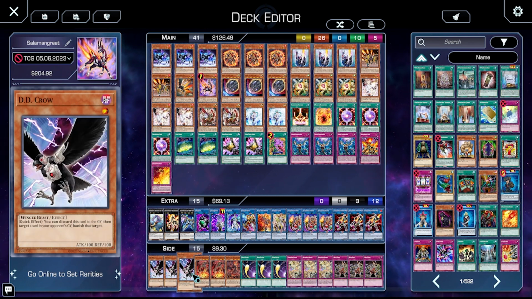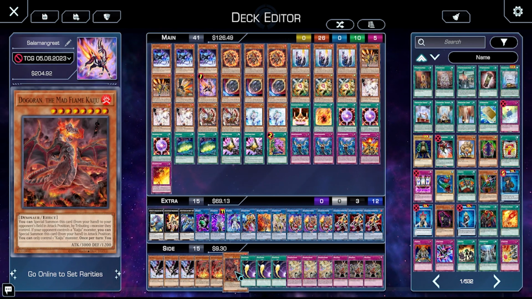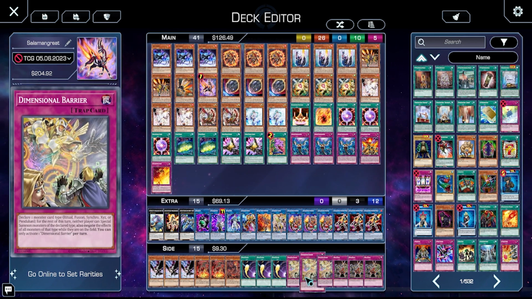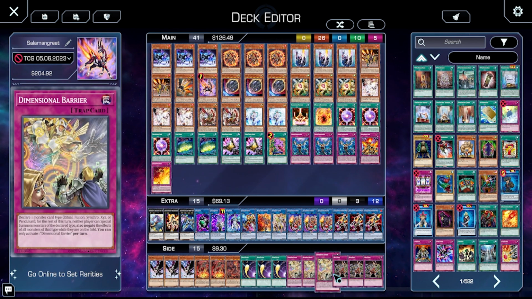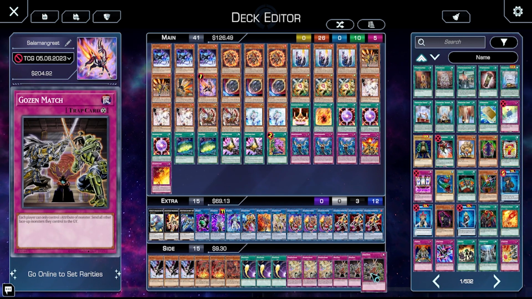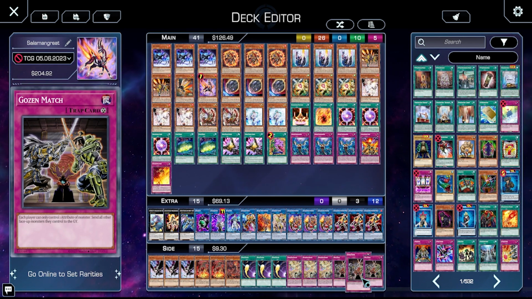For our side, we have triple Crow, 2 Kumungus, 1 Dogoron, triple Cosmic Cyclone, triple D-Barrier, because this does deal with the Kashtira matchup, and triple Gozen match. Again, we are all fire, so basically we can just Gozen match a deck that has multiple attributes, and we'd be fine. A fun combo you could do is